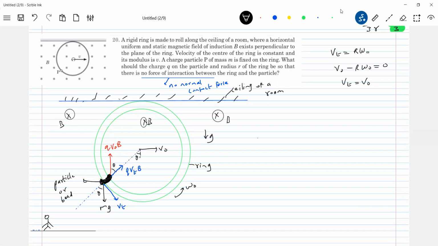First it is asking for the charge on the ring, and next it is asking for the radius R of the ring. We don't know R; R is unknown. I think I didn't show omega naught. These are not given; omega naught is not given, only V naught is given. If you know the radius, then we can bring in the angular velocity. Are you able to understand now? Just to make you think openly, I showed all these values. It will have some angular velocity.